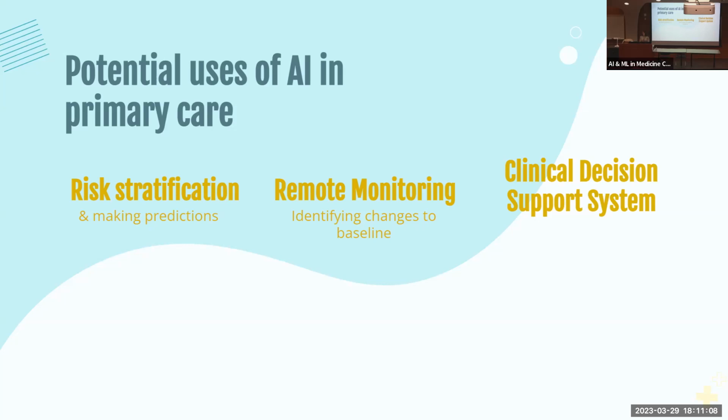Clinical decision support systems are in a process of development. I actually did a very thorough literature search on them, and there are lots of preliminary studies on trying to create these support systems, but none of them are actually commercially available right now. The closest one that's commercially available is the one that TELUS Health is making, and it's not really an AI system. So it's a work in progress.